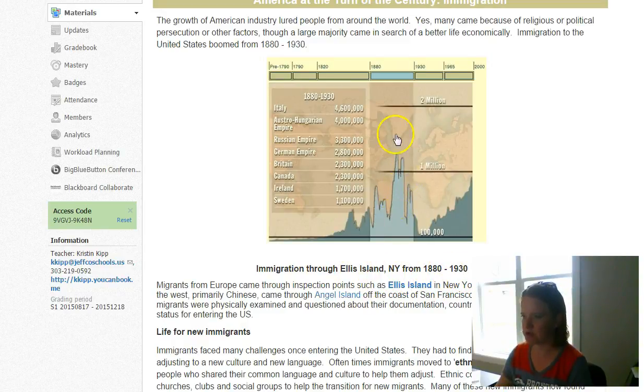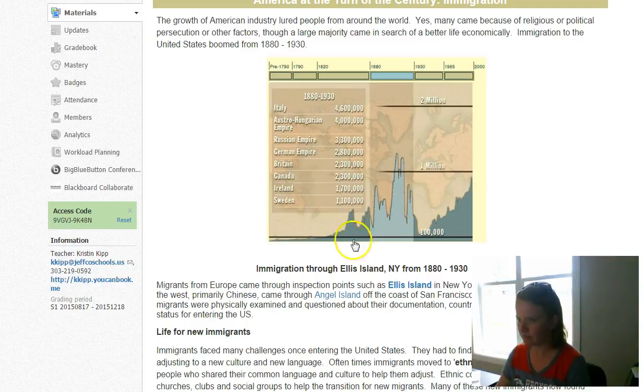Okay, so we have this portion of the graph highlighted. So as a reader, I'm going, okay, so what is this actually showing me? Well, first it's showing me this is immigration pre-1880, this is immigration post-1880 up to 2000. I see this huge spike in immigration, over 1 million, that we never actually reach again. So that tells me this is a really, really significant movement of people into the United States in this 50-year